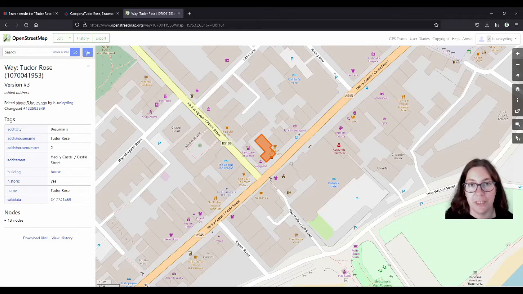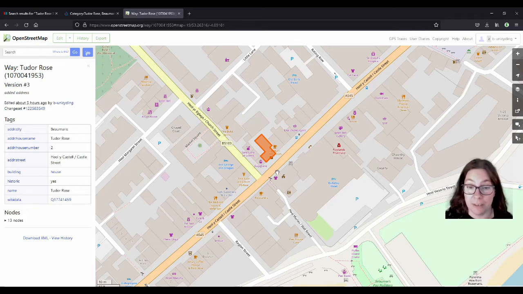You might have watched the video about how to add plaques using Osmand or the other one. If you haven't, I'll put a link up in the corner and you can go and watch that first, because that would make more sense to have that first. I want to show in this one how you can add more information to that plaque.